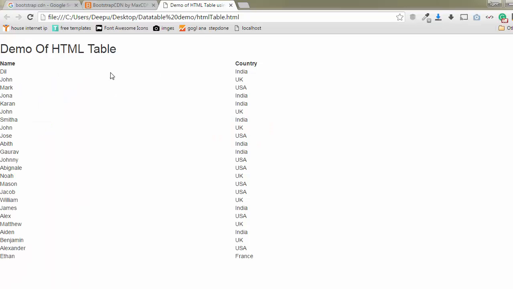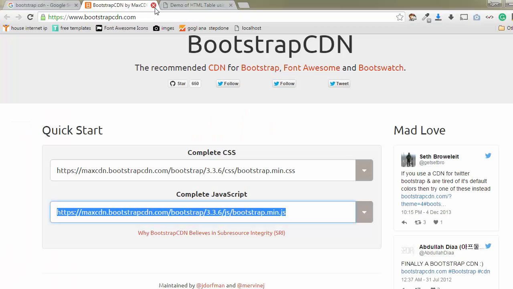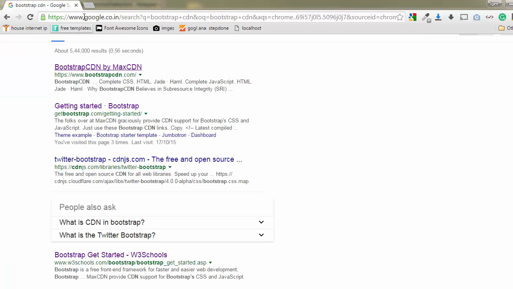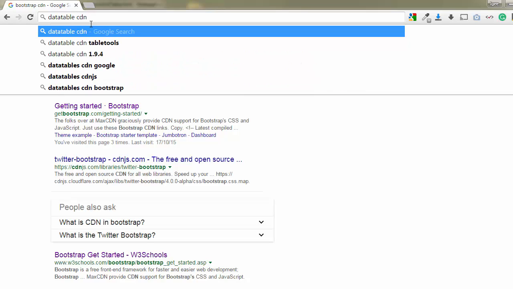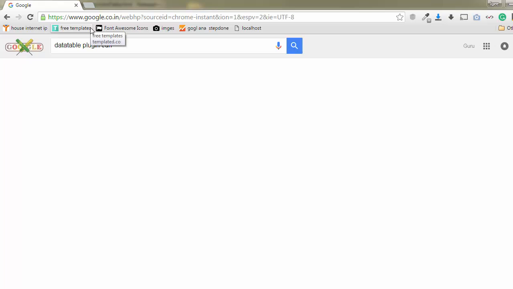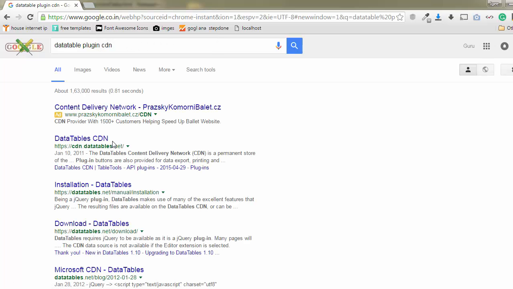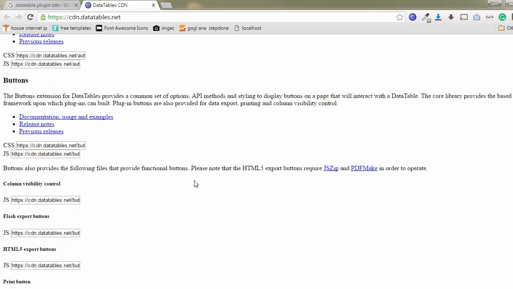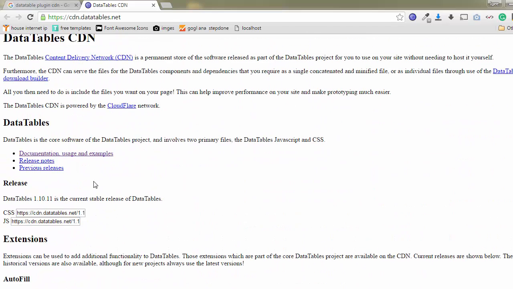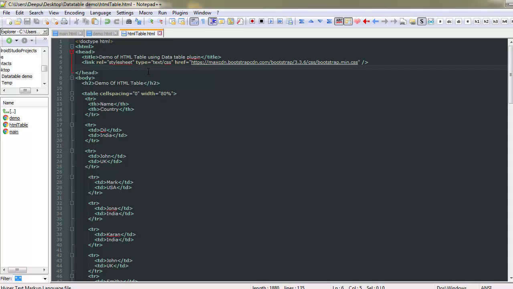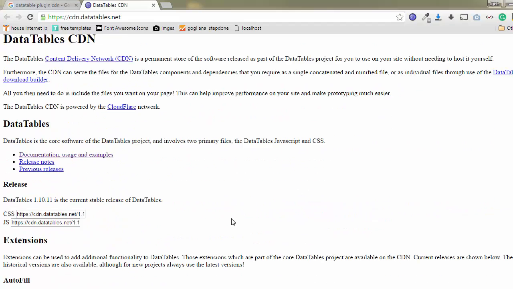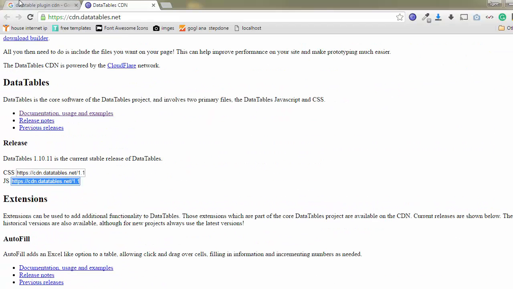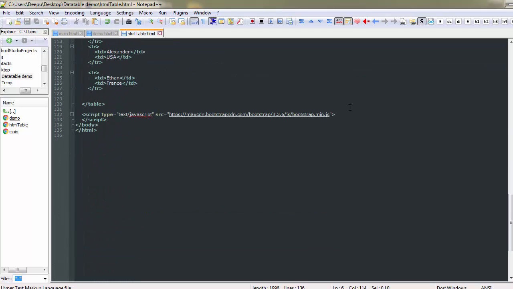Now we need to keep the data table CDN in the same way as how we kept the Bootstrap. Search in Google data table CDN, data table plugin. Paste it in the same way. Link, tab, paste. Similarly, take the JavaScript CDN, copy, go to script,